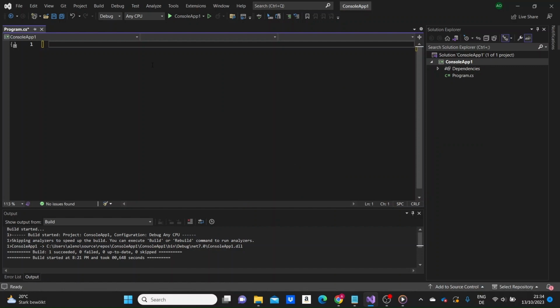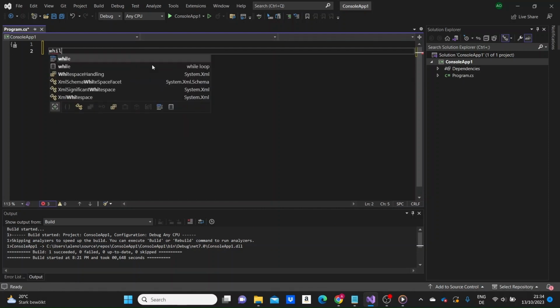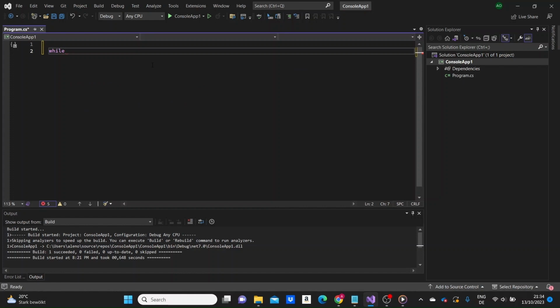So we'll start with a while loop. The while loop loops through a block of code as long as a specified condition is true. So we can just write while, and inside parentheses, we write the condition, which is a Boolean expression that returns either true or false, and then the block of code will be written inside